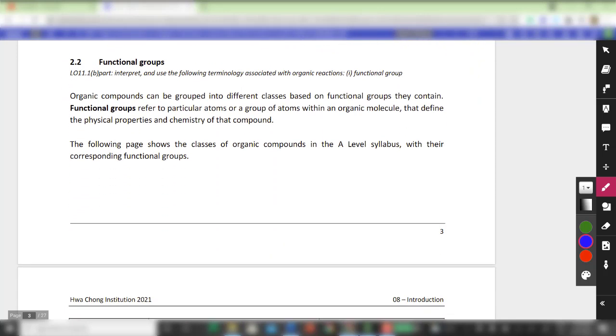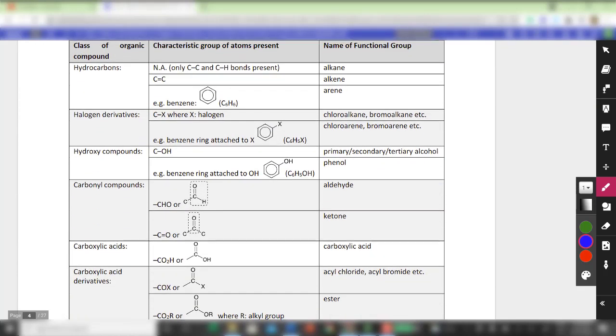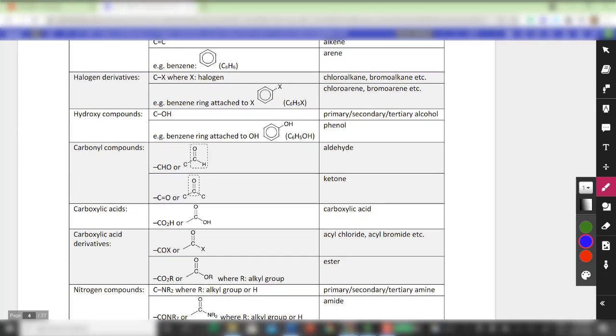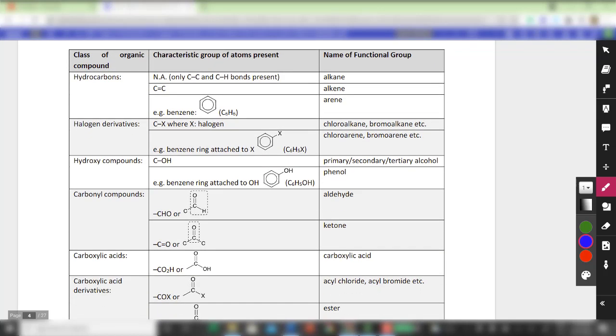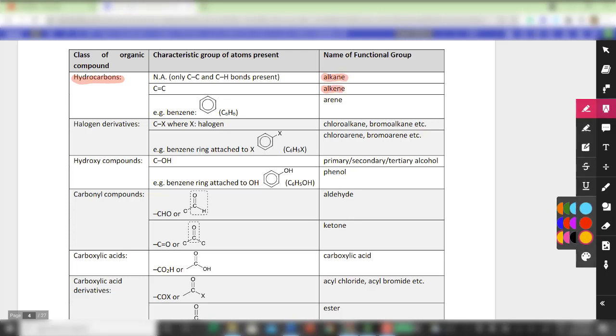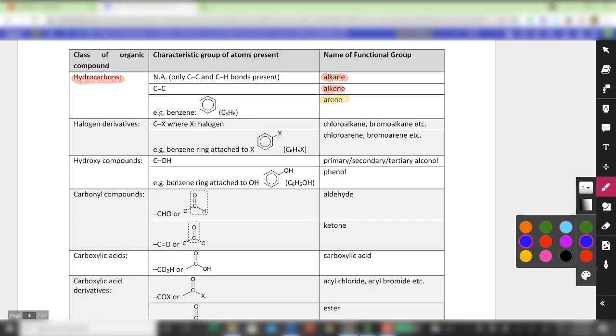And for the functional groups, you'll be a bit shocked because there are a lot of them written here. So again, I want to stress that you should not be alarmed or attempt to memorize them. Yeah, I really mean what I said. Don't attempt to memorize any of these functional groups at this stage. If you really wish to, you might just want to focus on the hydrocarbons, because they are going to be tested for your promos anyway, so they are just alkane and alkene. Okay, arenes will not be tested in your promos, but you'll be taught arenes before promos as well. So it will be good for you to know what arenes are. As for the rest,